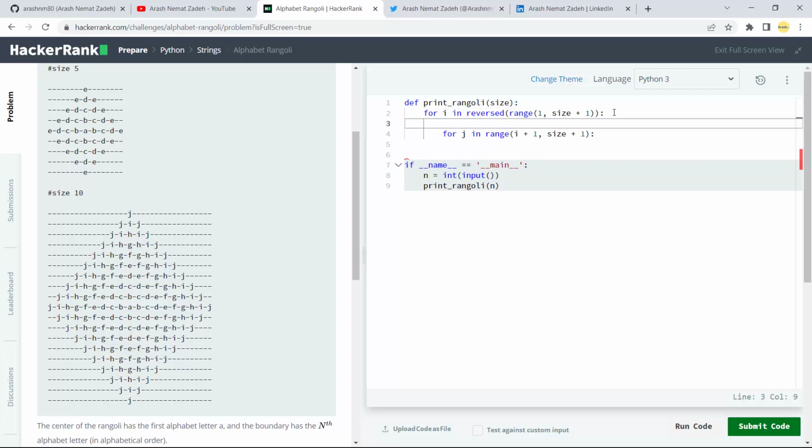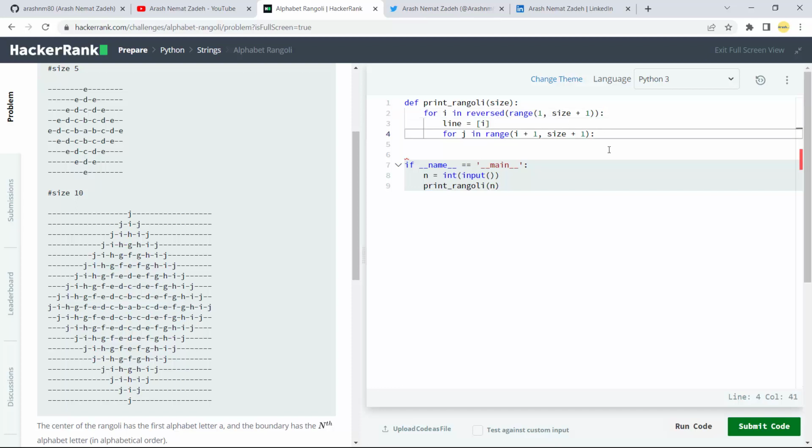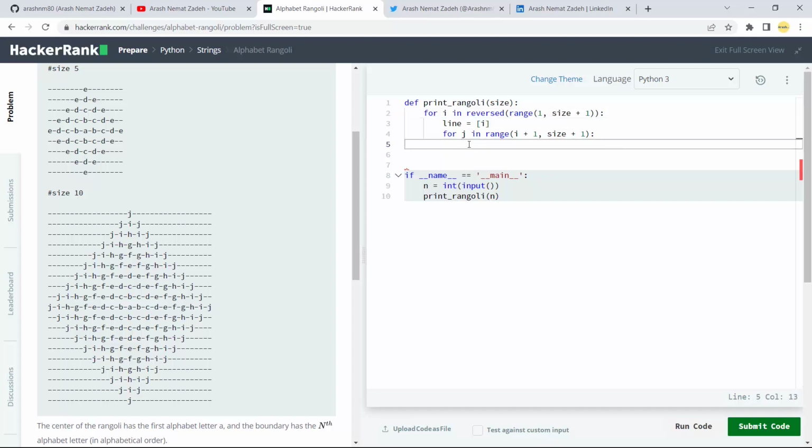Let's create a variable called, for example, line, and this line at the beginning only has i. After that, on every loop of this for, I add one number around it. So every time I do line dot append j, this adds j to the end of it,